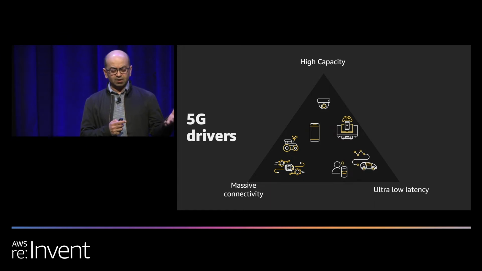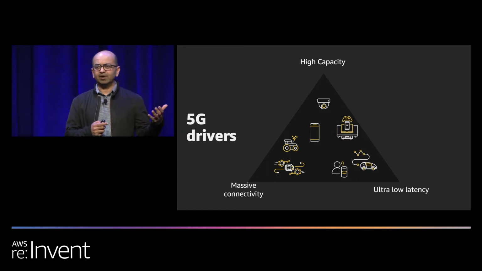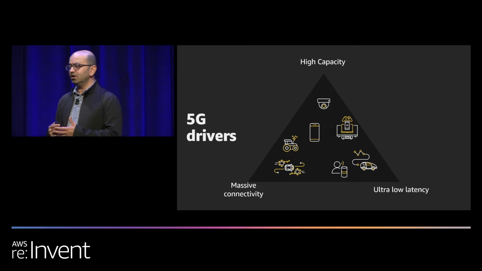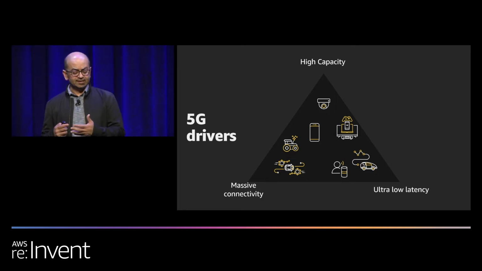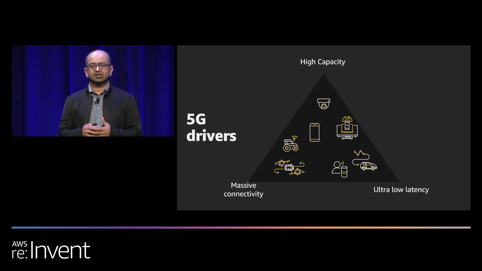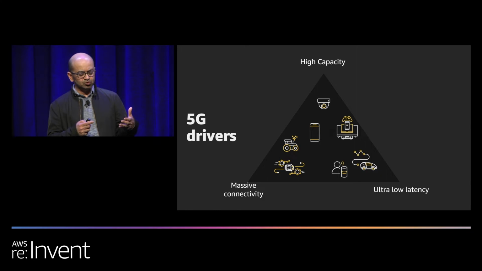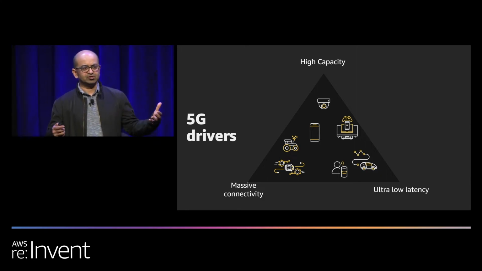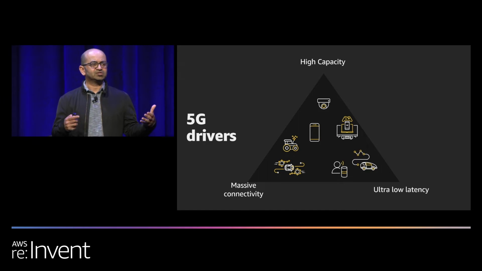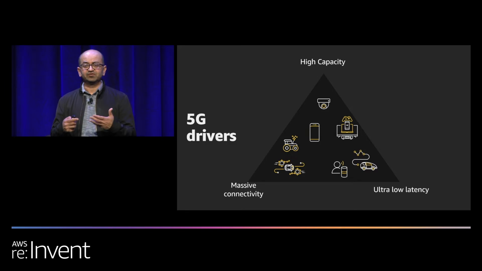So at one end, you have ultra-high definition video, which requires high bandwidth. You have applications such as AR, VR, gaming, which require low latency. And then there are applications such as smart sensor networks, which have a very large scale of connected devices. And the 5G network is expected to address all of these variety of use cases with the same physical resources. So these are very different characteristics of networks, but they need to be deployed from the same physical resources. So there's the concept of network slicing, of creating virtual slices across the network, which, using the same physical resources,